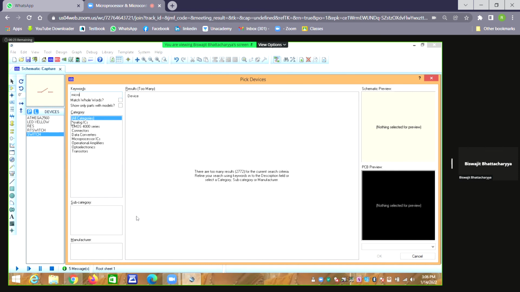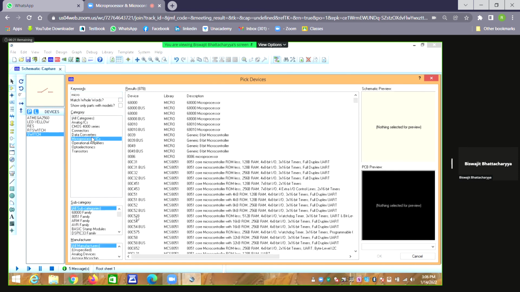If we collect microprocessor ICs, there are 80C51 applications. 8086 is there. 8049 is there, but not 8085. This is really amazing what is happening. 8086 is there.